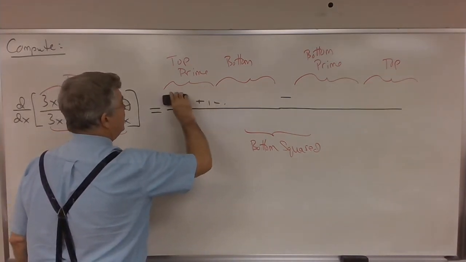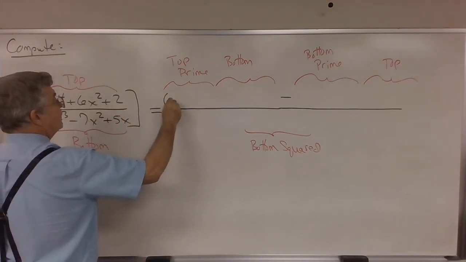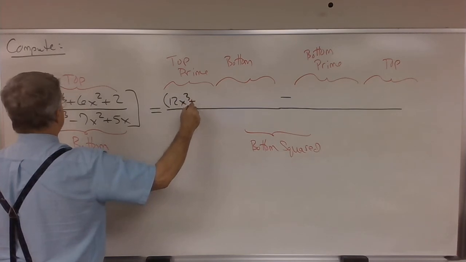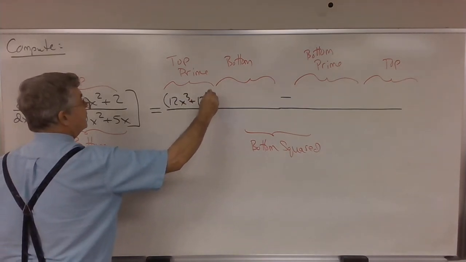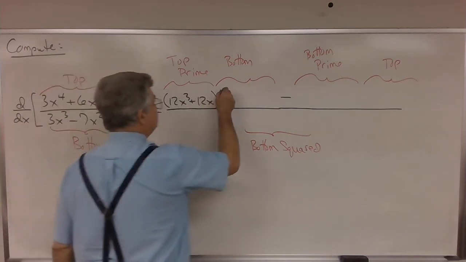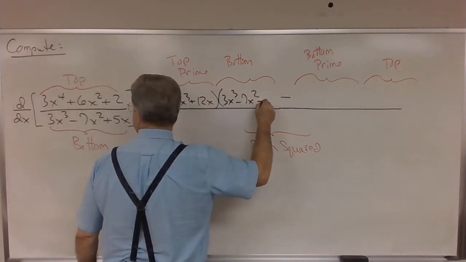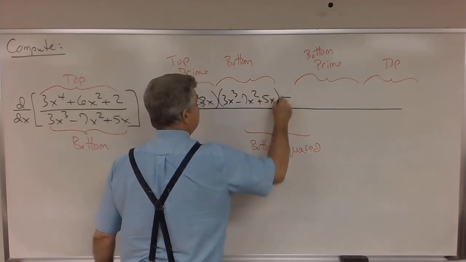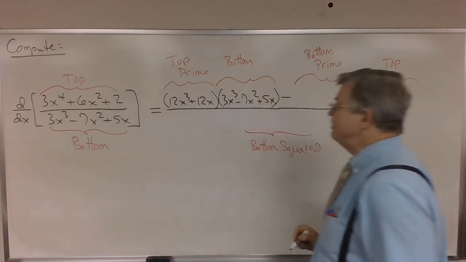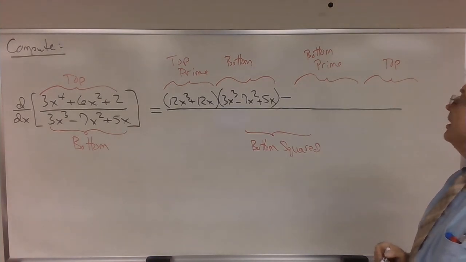I better write smaller. 12x cubed plus 12x. Okay. There's my top prime times the bottom. 3x cubed minus 7x squared plus 5x. There's my bottom. Okay. Now,